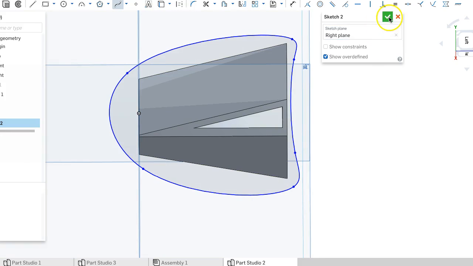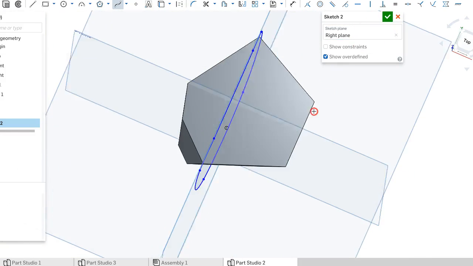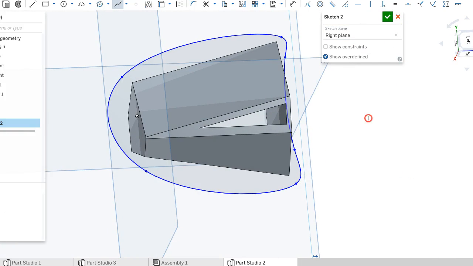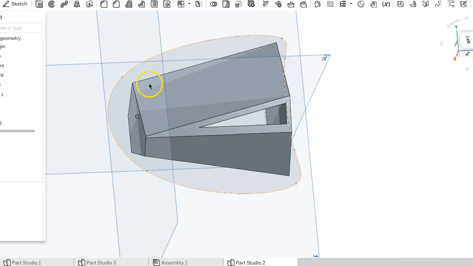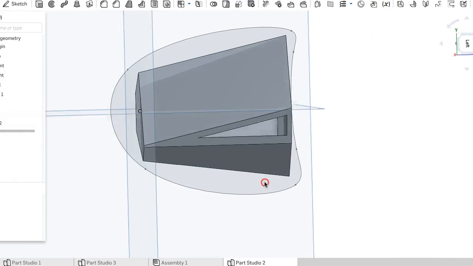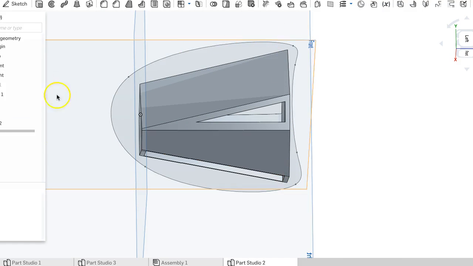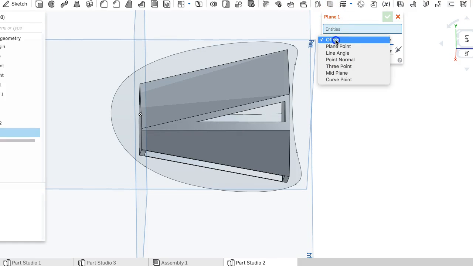Okay, and again, I'm not going to worry about constraining it. Okay, and so I'm going to now create a second sketch that is on this line. And so this is the tricky part. In order to do this, I need to make a new plane. So I'm going to create a new plane, and I'm going to choose